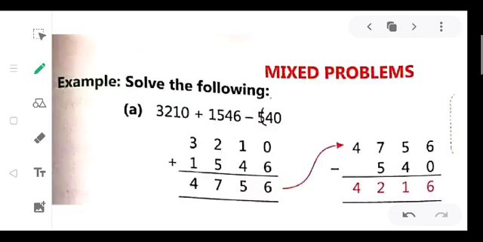Now mixed problem sums. In these, addition and subtraction both are given. It is the rule that when addition and subtraction both are given, firstly you have to add. So first of all, write the digits from the right side, and write the places at the top. Here it is not written, but you should write it. So firstly I will write 0, then 1, 2 and 3. Then under this, from the ones place 6, then 4, then 5 and then 1.